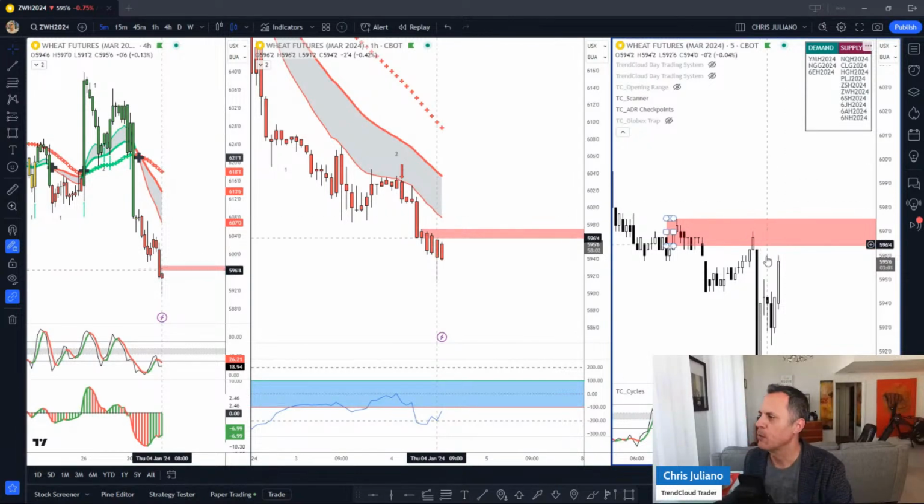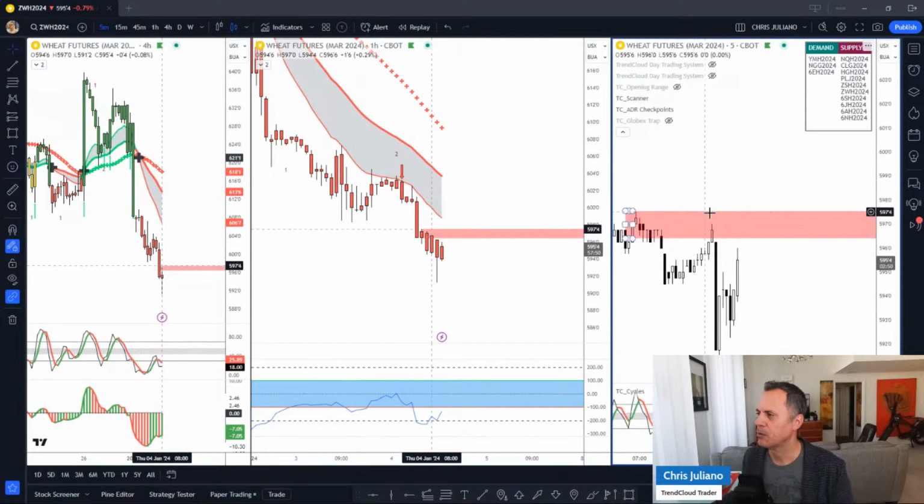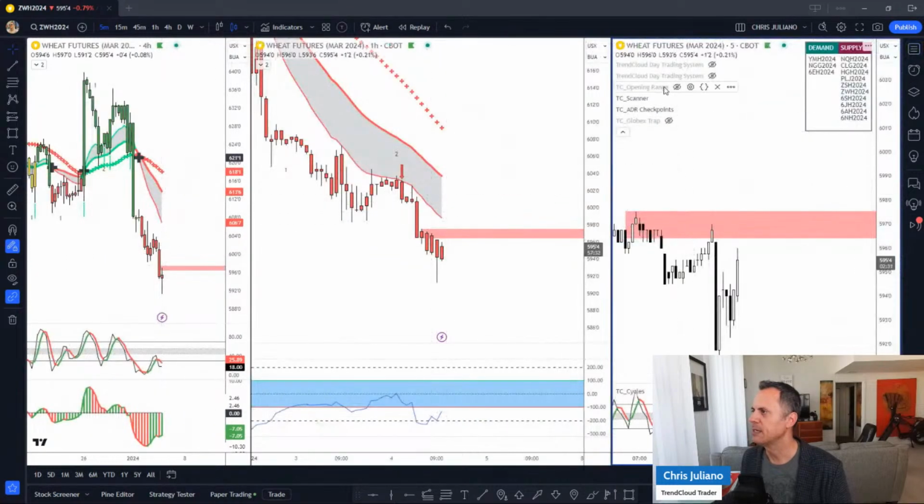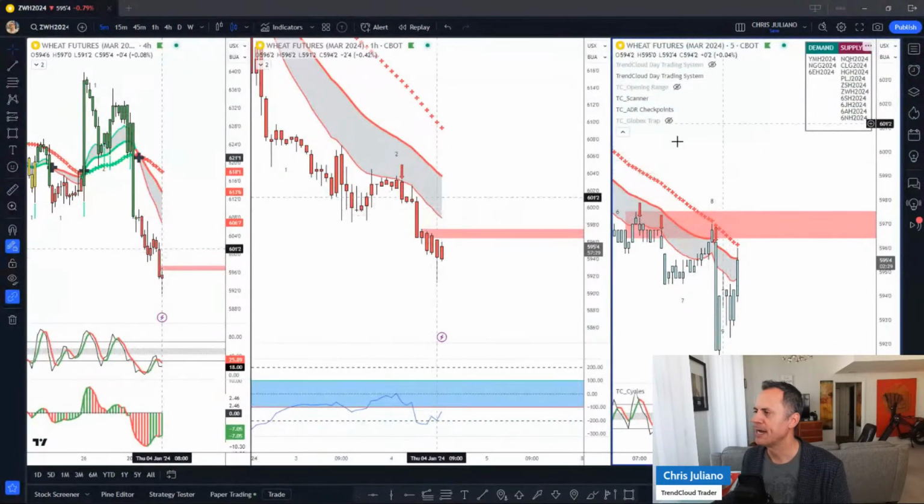Okay, so it was pulling back into here, and this zone is not fresh. So is it the perfect situation? No, because the sellers have been eaten up here. Supply and demand zones are an imbalance between buyers and sellers. So again, on wheat here, if we put on our TrendCloud,